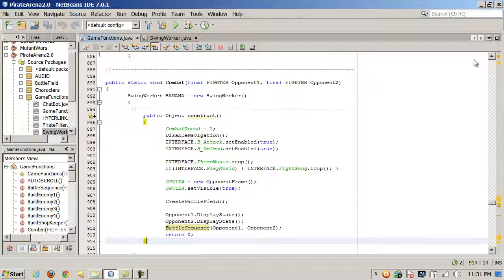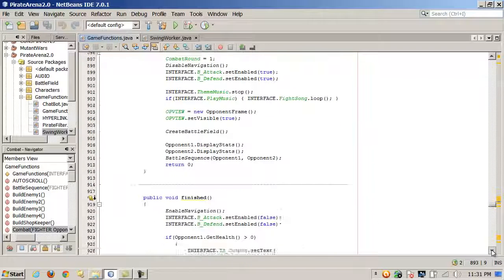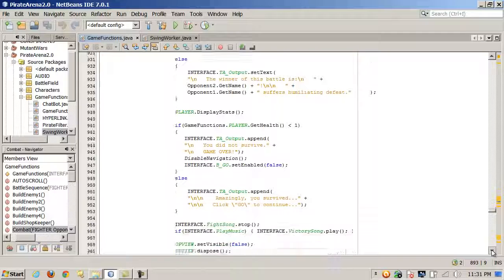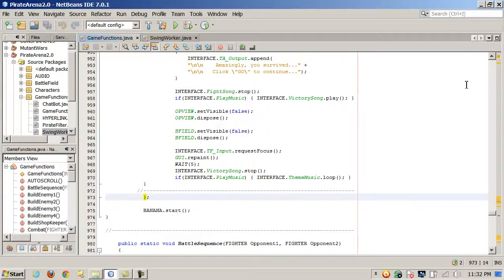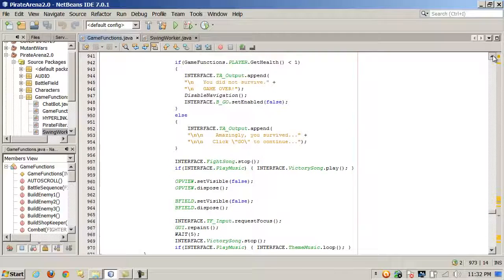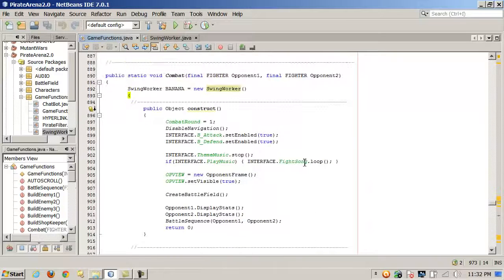All of this takes place in the construct method of our swing worker object. We're building this on the fly, and if you look at the opening curly brace here and the closing curly brace way down here, all of that is part of a swing worker class object, a threaded object. So you can see how that works. Let me scroll up a little bit more so you can see all of that, right? So in other words,